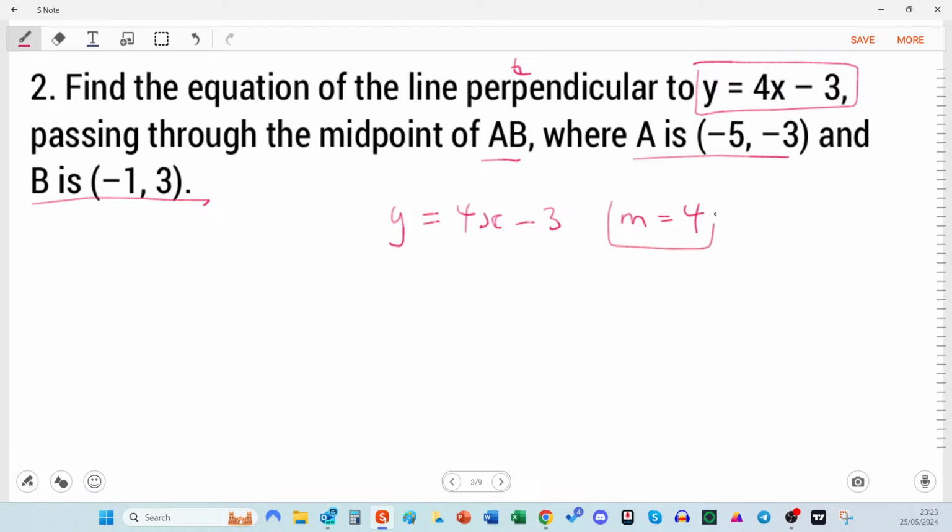So if m is 4, the gradient of a perpendicular line to this, so one that's going this way is ours, and a perpendicular line is at 90 degrees, the relationship is that it's the negative reciprocal. So we'll call this gradient m1, and the m perpendicular, so the gradient of the perpendicular, is equal to